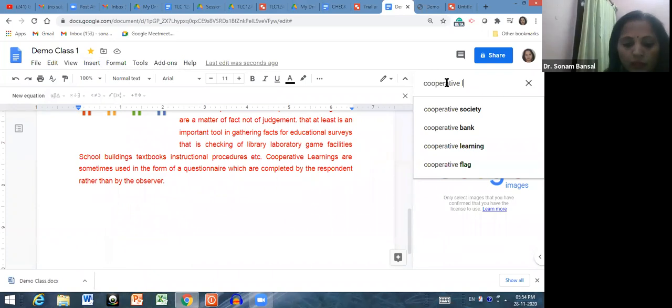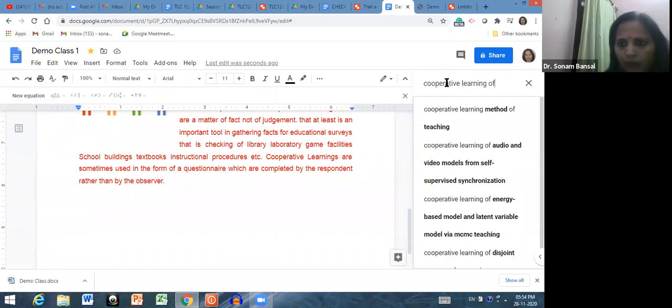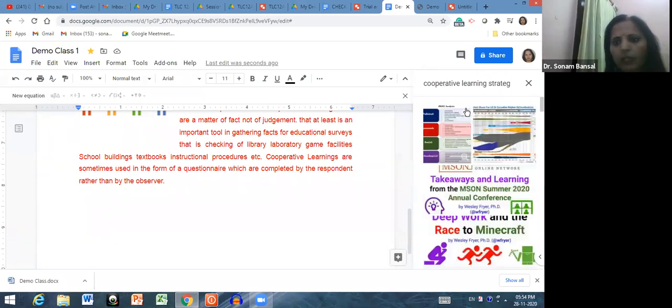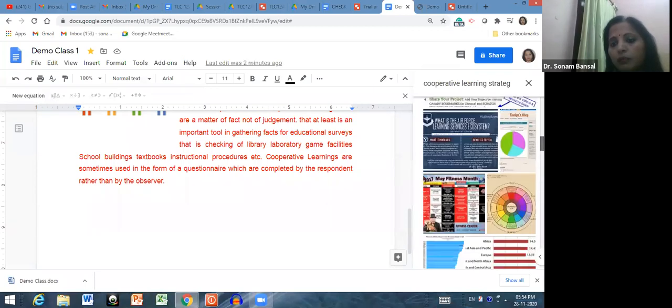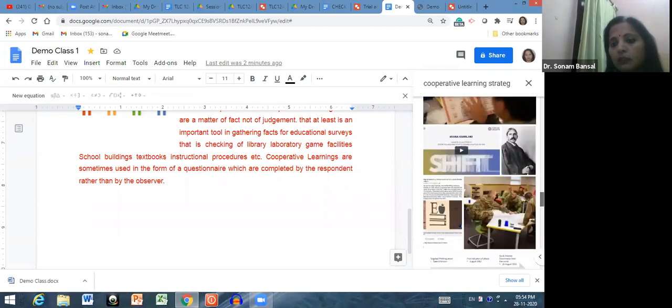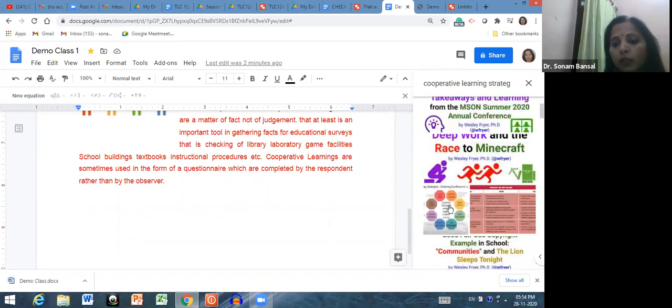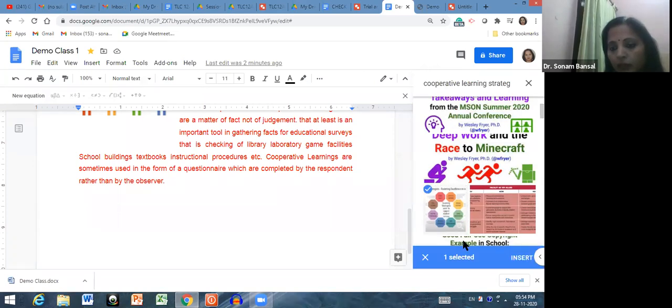cooperative learning of students, or yeah, cooperative learning strategies images. The images automatically come here related to the particular topic, right? So I want this image. Just click on the image and click on insert.